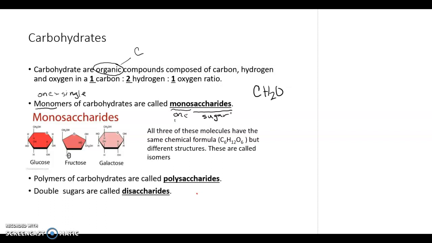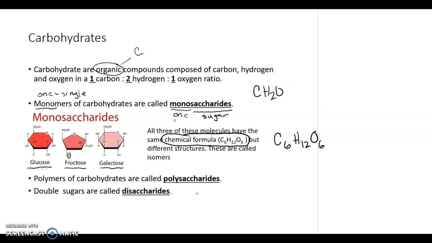A few examples of monosaccharides would be glucose, fructose, and galactose. If you notice, all 3 of those molecules have the same chemical formula. They have 6 carbon, 12 hydrogen, and 6 oxygen. But they're 3 separate molecules because they arrange their carbon, hydrogen, and oxygen in a very different way, making them all taste completely different. If you were to taste all 3 of them, you could distinguish the differences because of